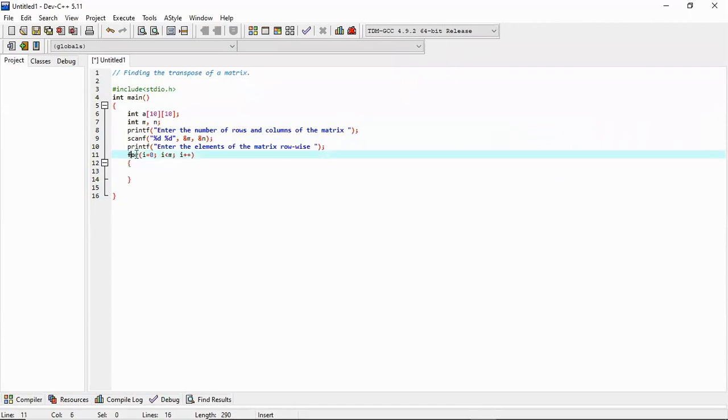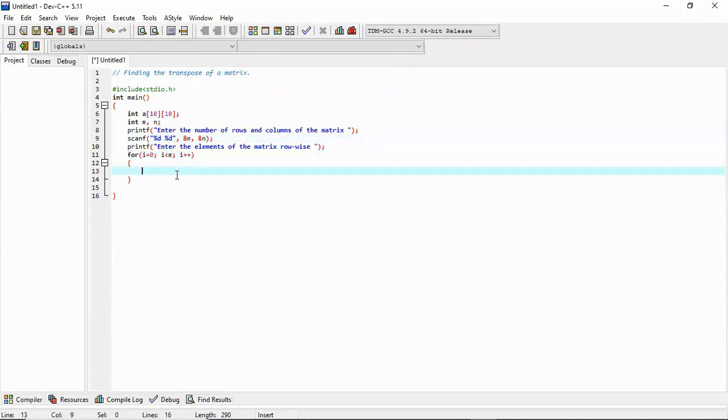So this loop will control the rows. Rows start from 0 and will go to m minus 1, so that is why I wrote i is less than m. What is m? It is the number of rows as given by the user.